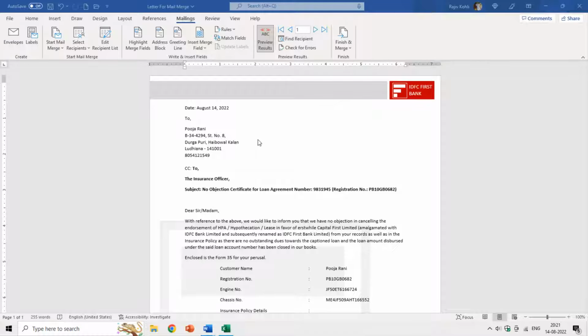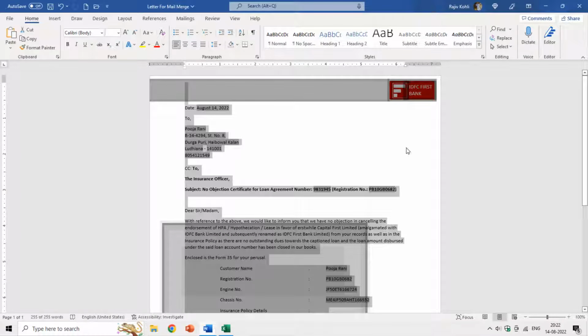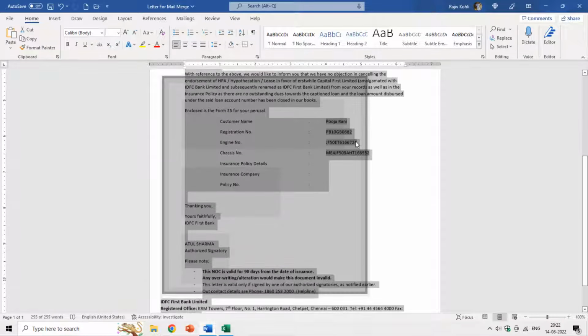So let's say you work in a bank where you need to send a no objection certificate to hundreds of customers in a month. If I ask you to send the same letter to 10 different people, what will you do? You have two options. You can select the entire letter: go to the Home tab, click the Select drop-down button and choose Select All, or you can press Ctrl A to select all the objects and the text,